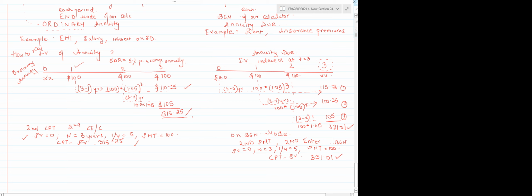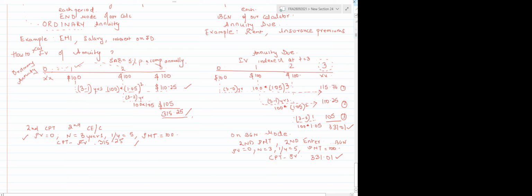Now, guys, very important thing here. I have one confusion. The present value we are always taking as zero, but the present value in the annuity due we should be having 100. Correct? No, see, present value is, if I take all these cash flows and discount them back to time 0, Vishal, that would be the present value. So when we are calculating FV, PV would be 0.